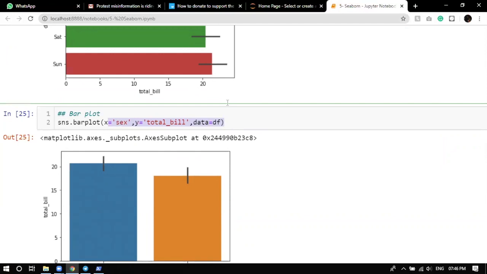The reason I'm telling you to find this out is that even I don't know, and I've tried so many times to find out how exactly this error bar comes in this Seaborn graph. I never understood what is written in different articles. It's really hard to even find an article, because the error bar is not even mentioned in the main documentation of Seaborn. I don't know why. Some people gave their own perception about how error bars come, but I never understood what exactly is going on.